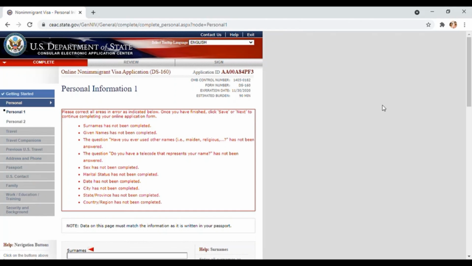So ensure you check everything before you submit, and once you submit, it will generate a DS-160 confirmation page. So let's skip to the end and I'll show you how it looks once you submit, after which we will be able to schedule the appointment. So I am just going to skip this part so all of us can fill in these details. Once we fill in the details and review it and submit, we will get the confirmation page like this.